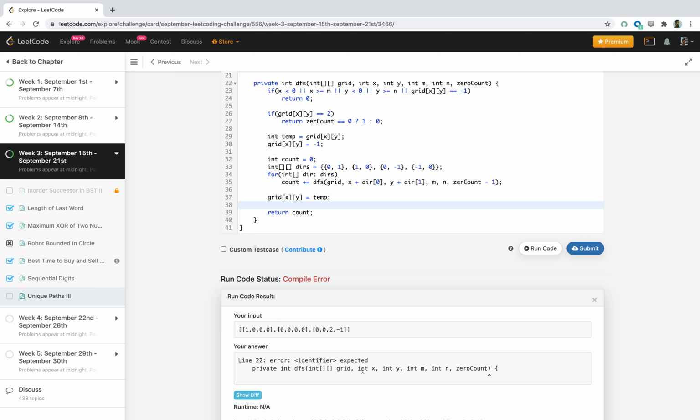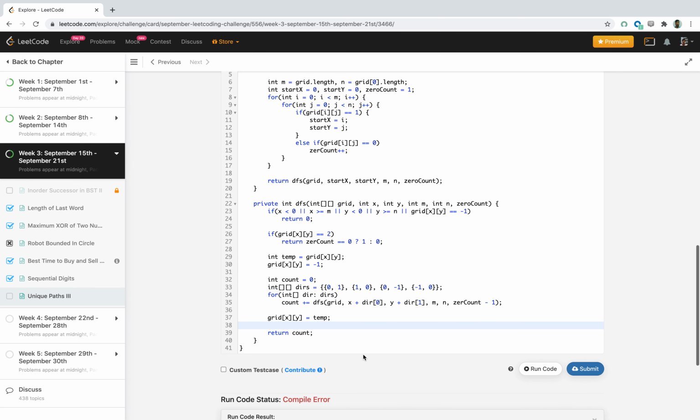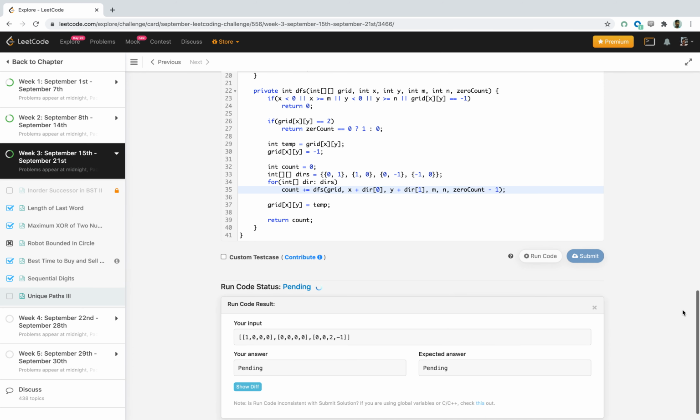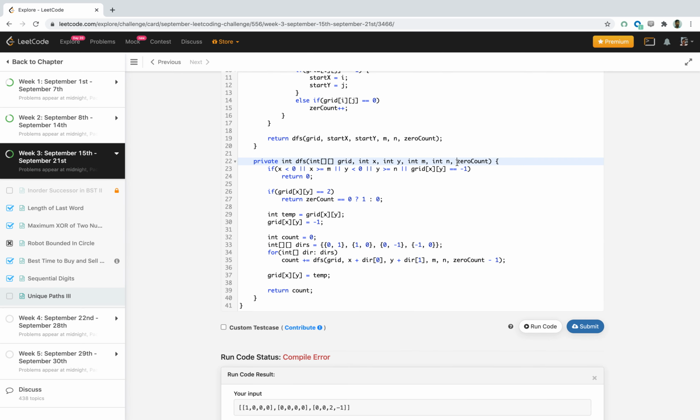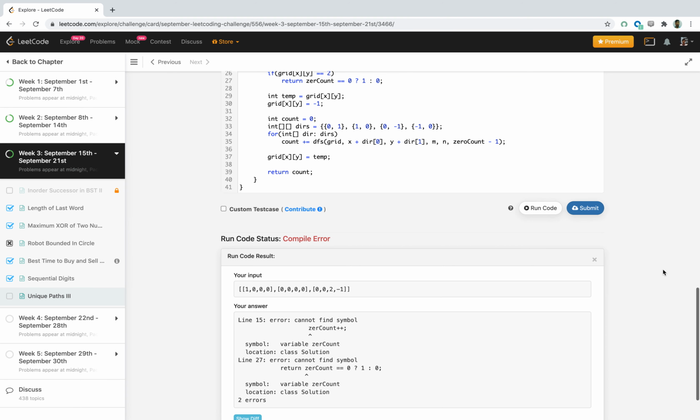Okay, zero count, spelling mistake. Now we have to add the data type.